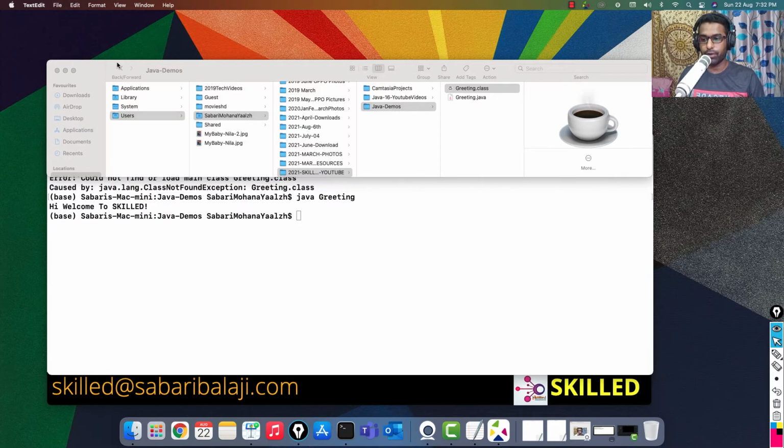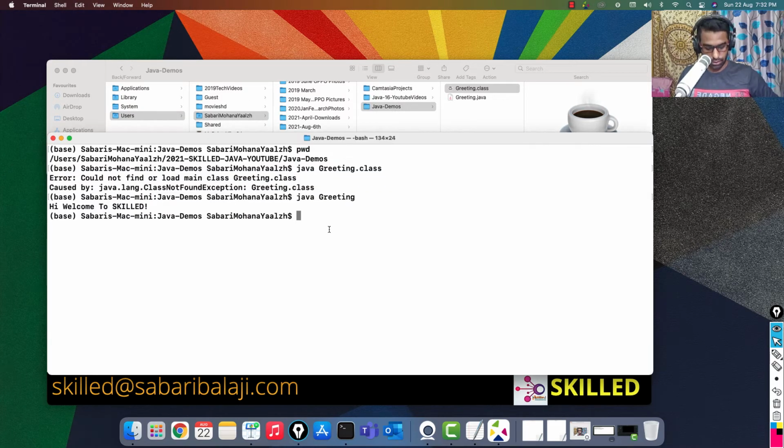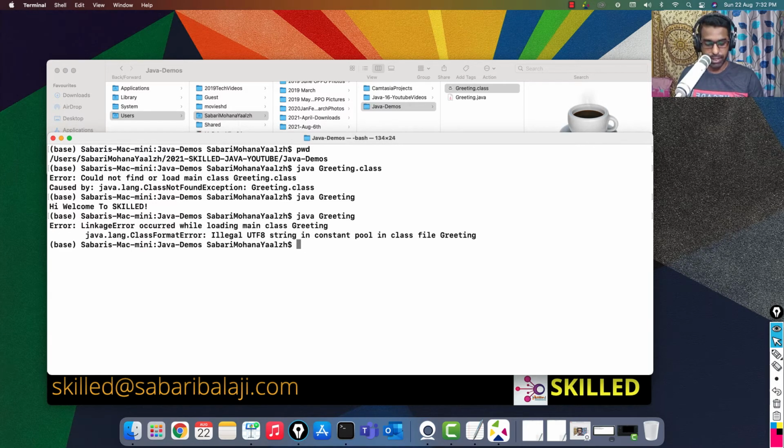Now I am going to hand over this modified version of the dot class, and if you look at this output, it's clear that there is an error at runtime. What that error says is: linkage error occurred while loading the main class greeting, class format error.